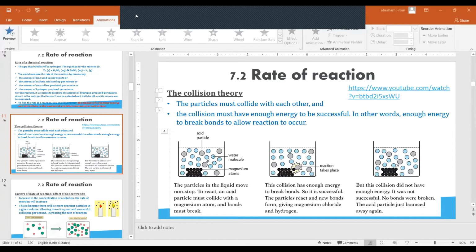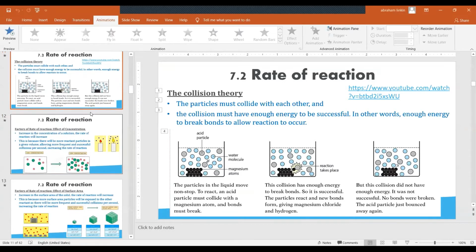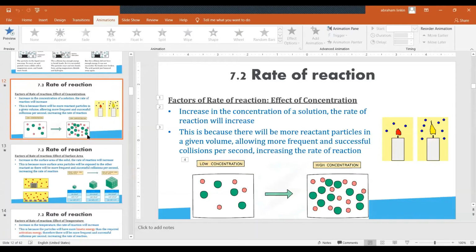So, yesterday we started rate of reaction. Sorry, day before yesterday. We started rate of reaction and we discussed what is rate and what is collision theory. We mentioned that particles should collide in order to react. They should have enough energy for a successful collision. A successful collision means when two particles collide, if a reaction occurs, then it is a successful collision. And we mentioned some of the factors that affect the rate of reaction, one being the concentration,